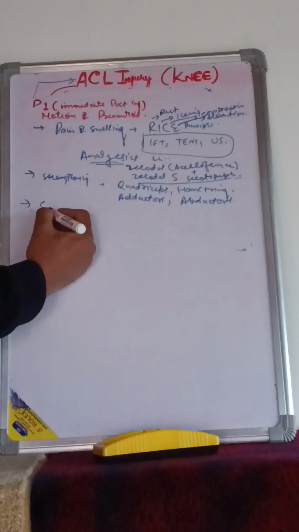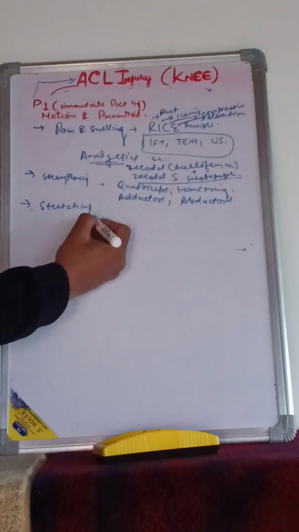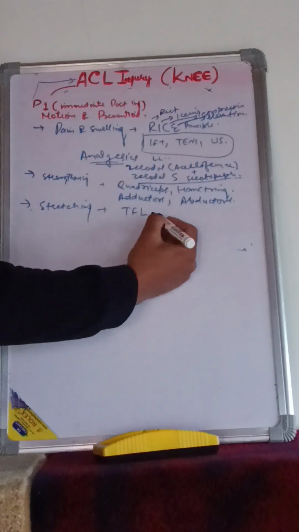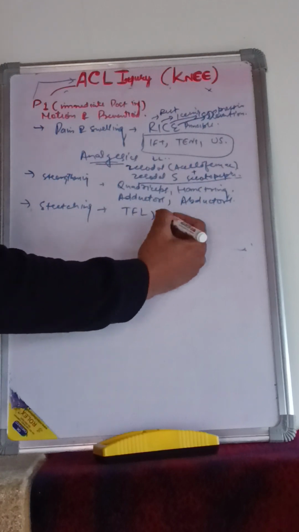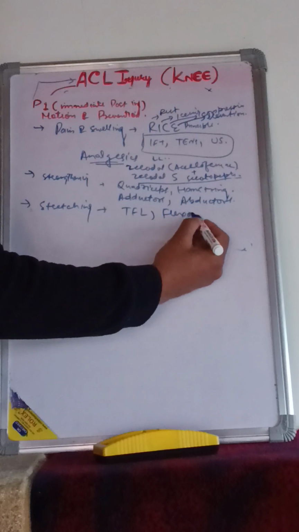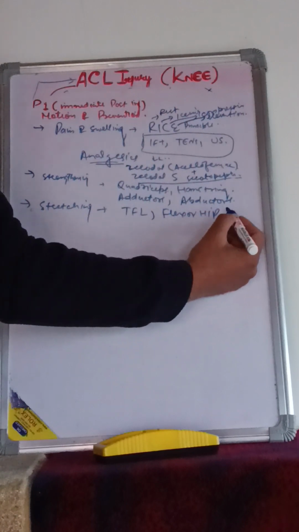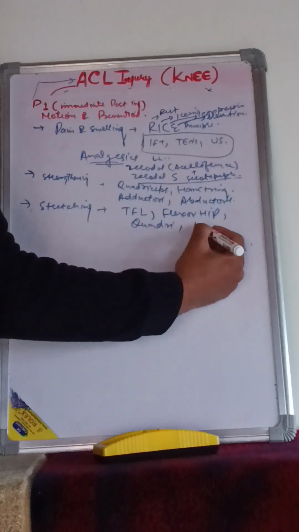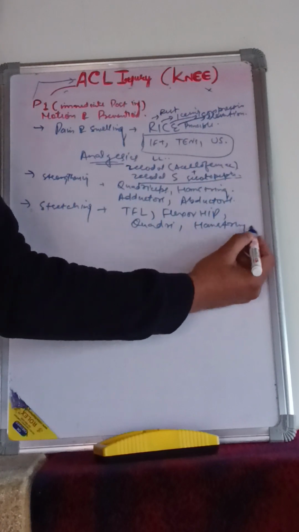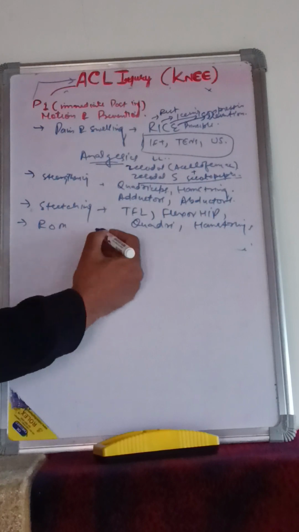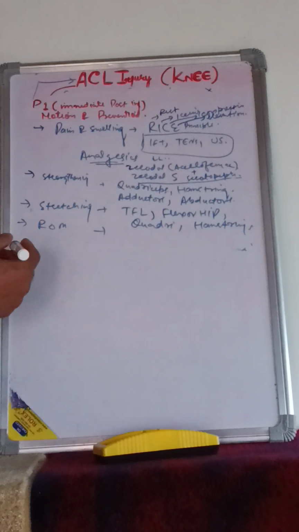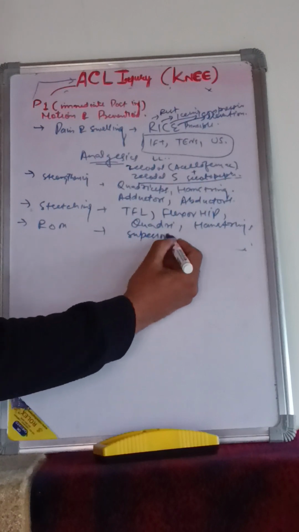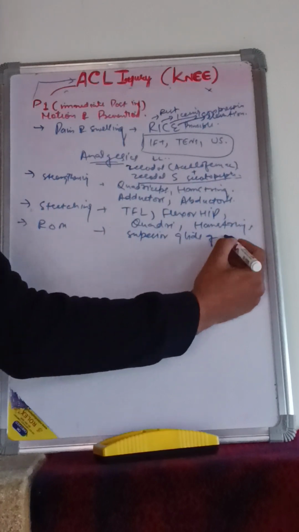Also, you have to go for stretching: stretching of the tensor fascia lata, laterally present on the thigh, flexor muscles of the hip, such as iliopsoas. You have to stretch quadriceps. You have to stretch hamstrings. Range of motion exercises, active and passive, you have to do, and you have to focus especially on the glide of patella,